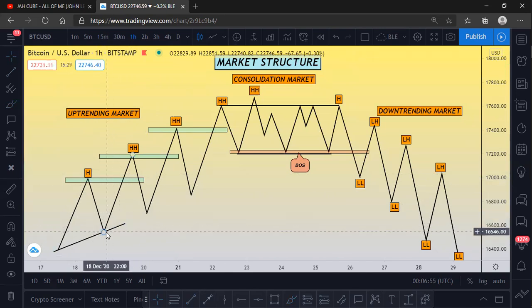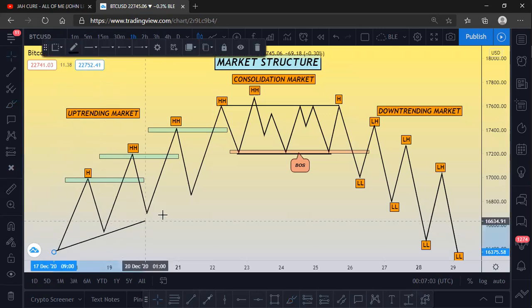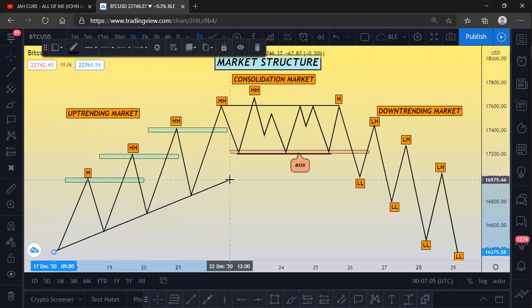Now we can say, okay, yes. Now these two areas, this is where I want to connect the two data points here, and then extend it. You can see how price came back up, came back to meet this trend line, and went back up. So this is giving us another confirmation that we can buy from here. You can see how it's connecting.